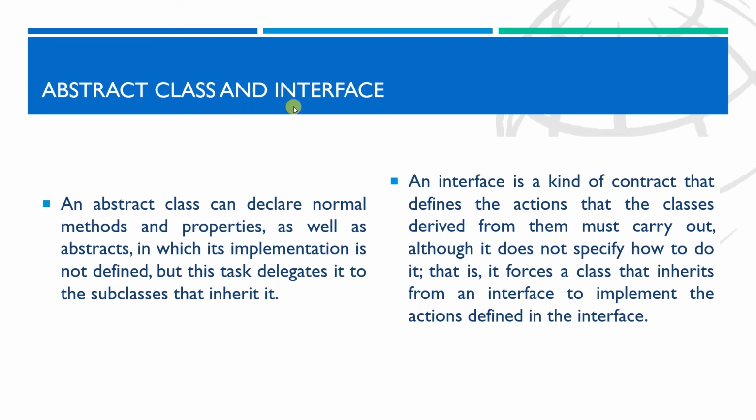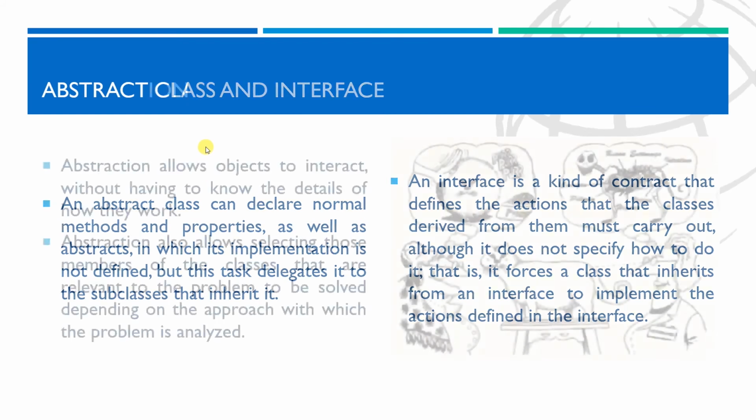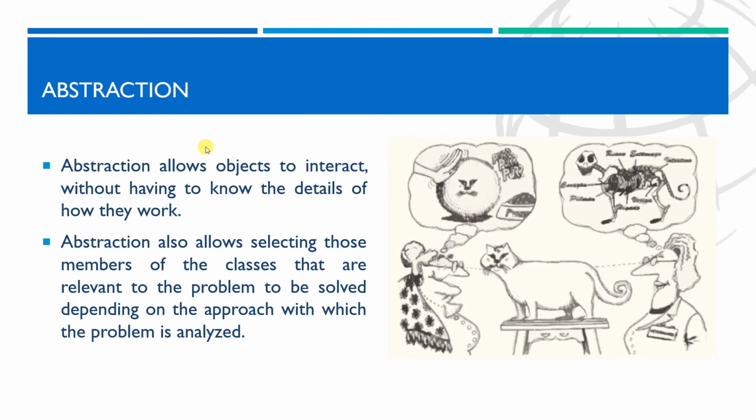The features of object-oriented programming are considered its pillars, and these are abstraction, encapsulation, inheritance, and polymorphism. Abstraction allows objects to interact without having to know the details of how they work. It is to focus on the important aspects of the object under study, ignoring the irrelevant aspects that can